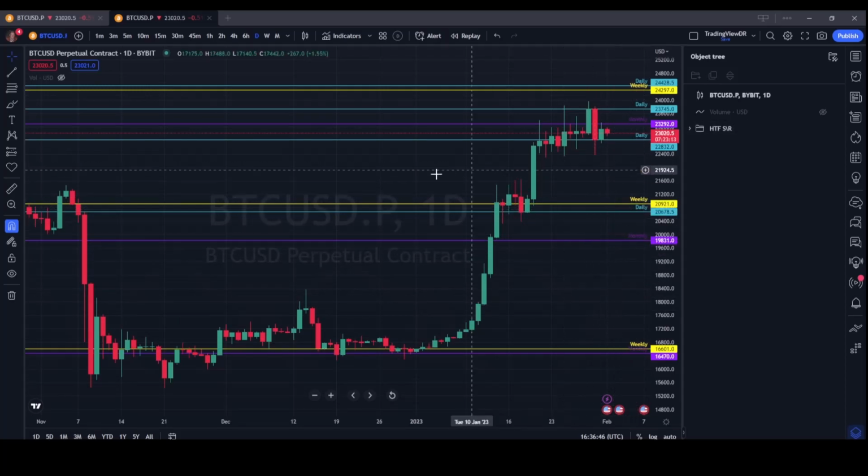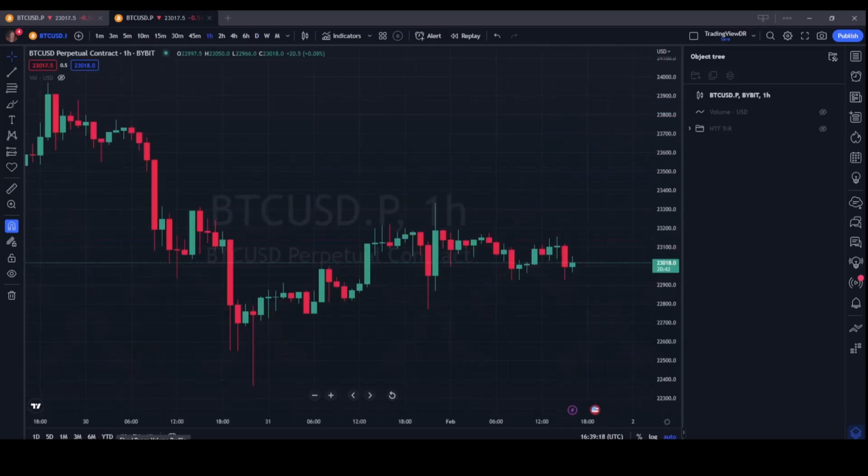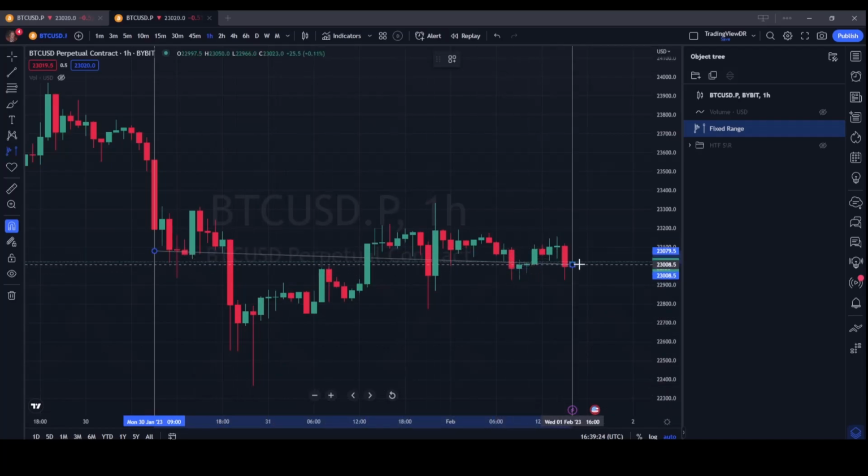So here they are all being displayed, and don't worry, this chart is going to be full of lines, but when we go down to the low time frame, only a few of these lines will appear, and we will see which ones have the best confluence and then we'll just pick a few lines to trade between. The next thing I'm going to do is I'm going to pull a fixed range on the sort of low time frame